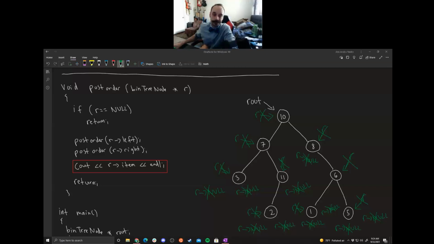So yes, a system stack that maintains the function calls is limited, but if you have a lot of memory in your system, it will be able to run a lot. But at a certain point, if you're out of stack space, then your program will crash. A segmentation fault or a stack overflow will happen. If you have a very big tree, then the stack could be very large. We could potentially have a lot of functions being currently called. Now we do pop functions off the stack as we return back up, but potentially you can have a very long path along that left side, which will constantly keep pushing